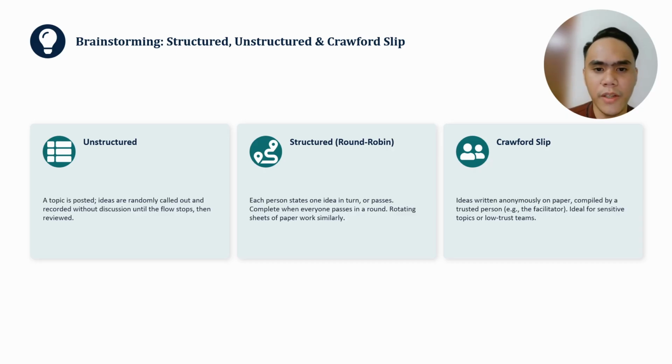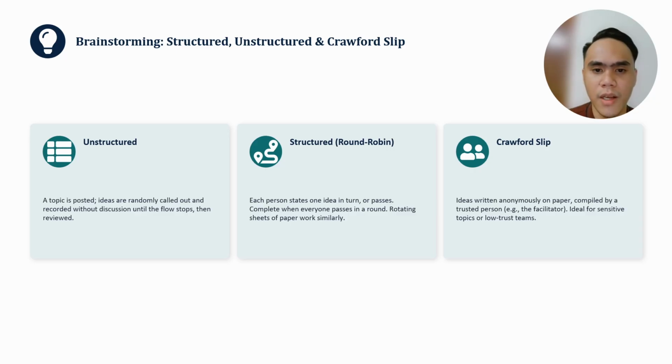Most people are already familiar with brainstorming, but it's worth knowing that there are generally distinct variants. In unstructured brainstorming, a topic is agreed on and written on the front of the group, and the leader or facilitator asks for ideas to be randomly called out, all recorded without any discussion. When the flow of ideas stops, the list gets reviewed and discussed,